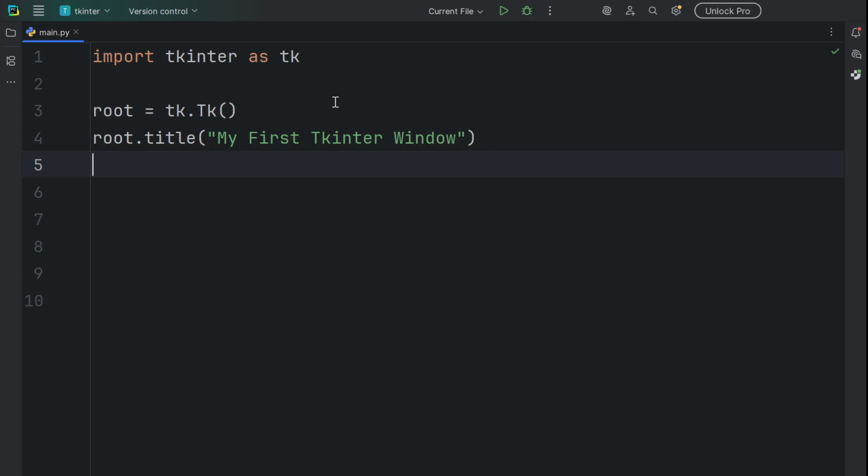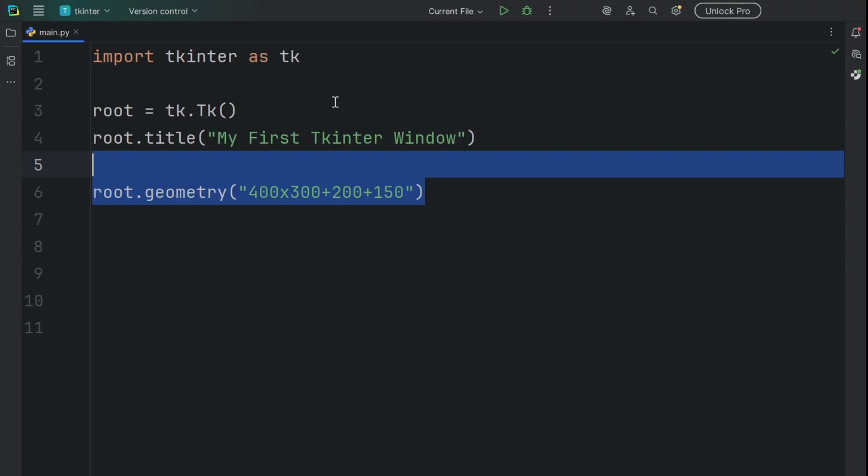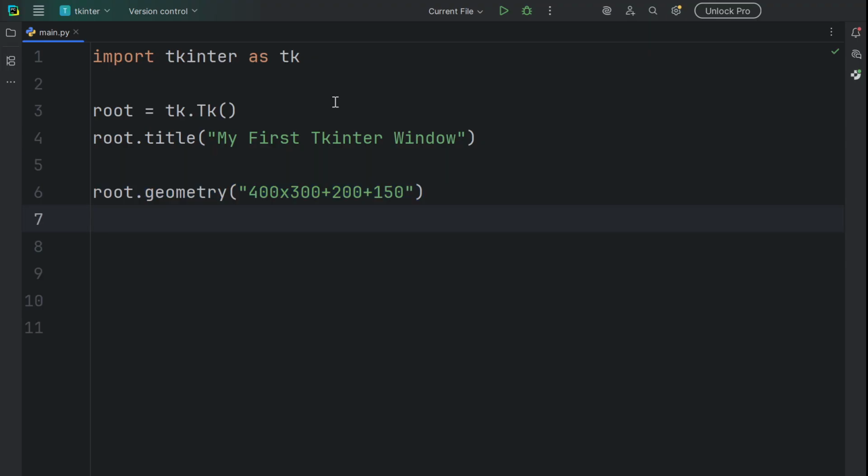By default, Tkinter chooses the size for you, but we can set it manually. This means 400 pixels wide and 300 pixels tall. You can also position it on the screen. The plus 200 plus 150 part means start 200 pixels from the left and 150 pixels from the top of